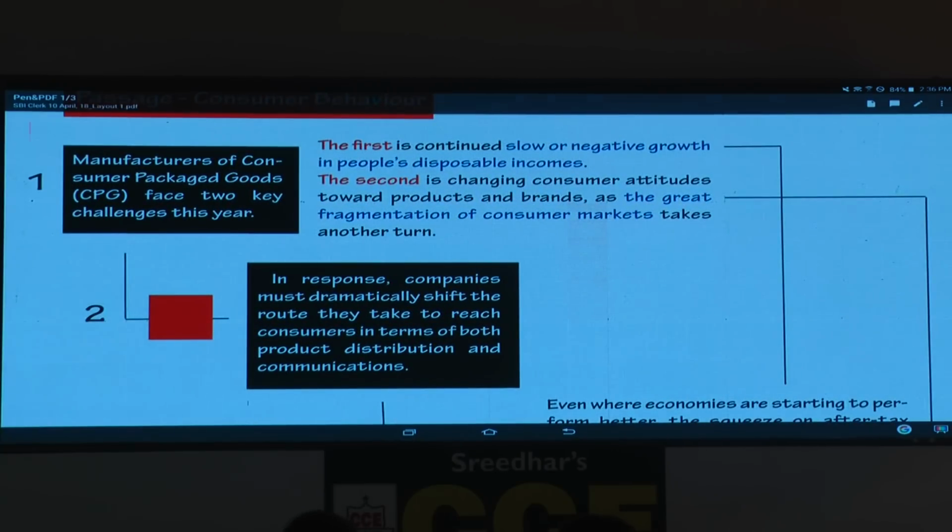So here, first don't look at the text, look at the framework. The first number, see the numbers also. That is the first main idea. Based on that, he has written 2 sentences. He talks about 2 points, the first and the second. This is rather easy compared to the one you got yesterday. The first, there he talks about negative growth in people's disposable incomes. That is a major idea again. The second, he talks about fragmentation of consumer markets. He elaborates these 2 points down the line. So main point, then he talks about 2 aspects, first, second.